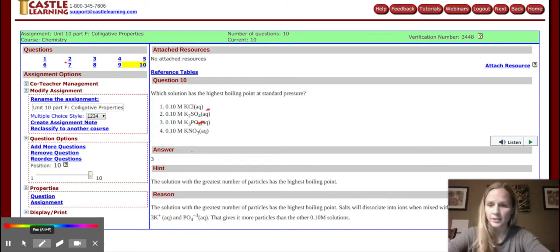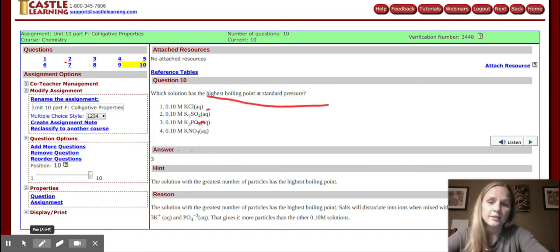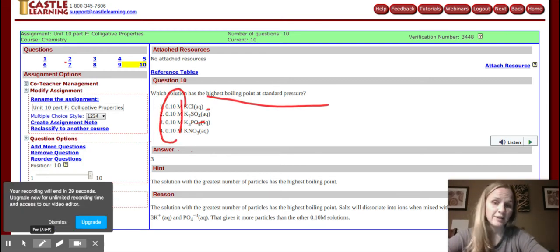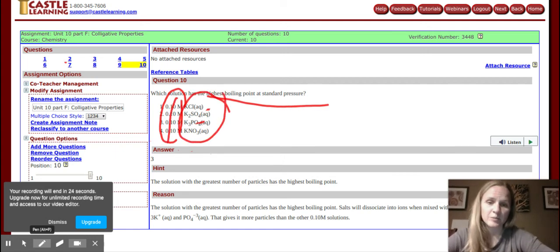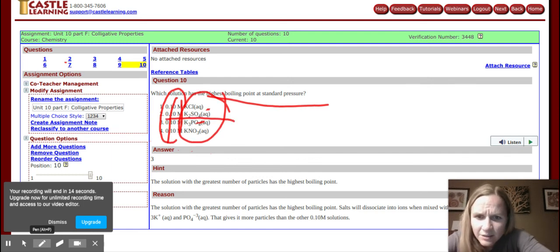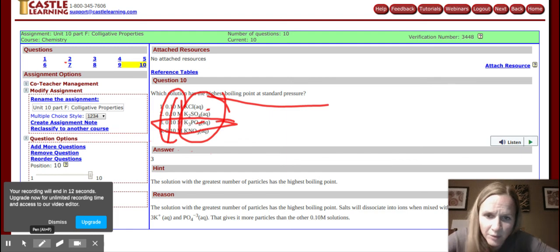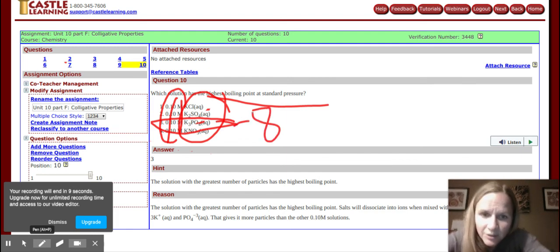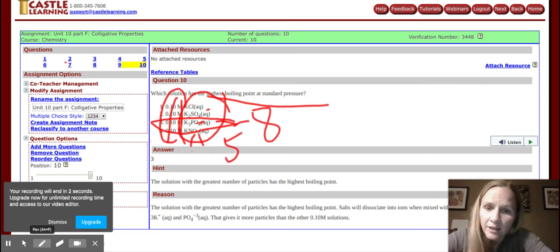And then this last one says, which one has the highest boiling point? Again, I want the most stuff in there, but they're all 0.1 molarity, so that doesn't matter. So I'll pick the one that breaks into the most pieces. None of these are covalent, so they should all break into pieces. Now I'm just going to say, which one is made of the most stuff? I think there are the most pieces here: 3 Ks, 1 P, 4 Os. That's 8 pieces, like 8 atoms in there. This one is 1, 2 plus 3. That's 5. This one is just